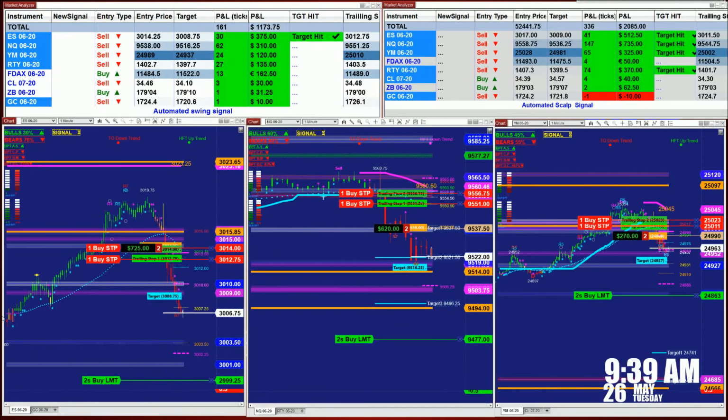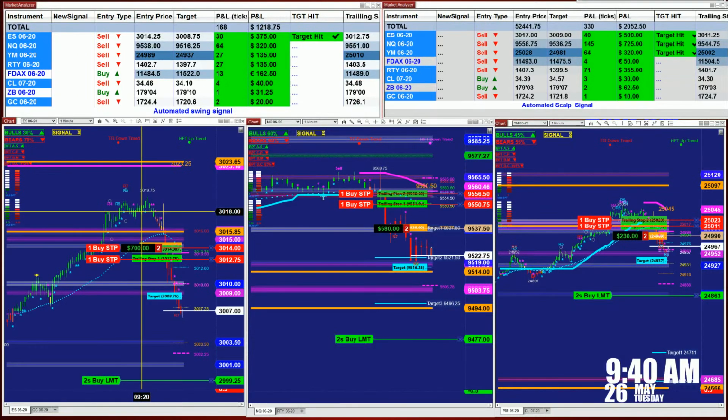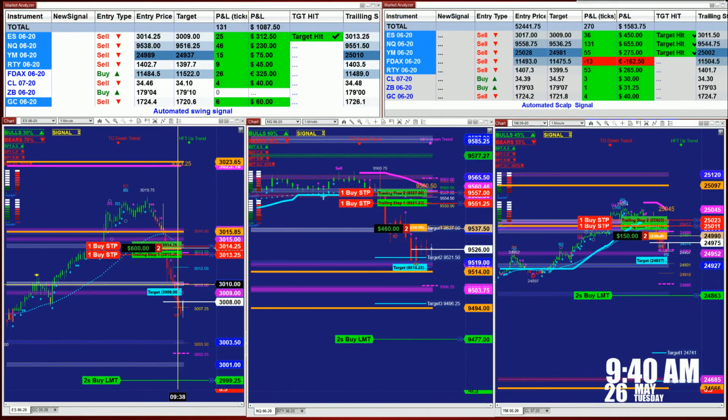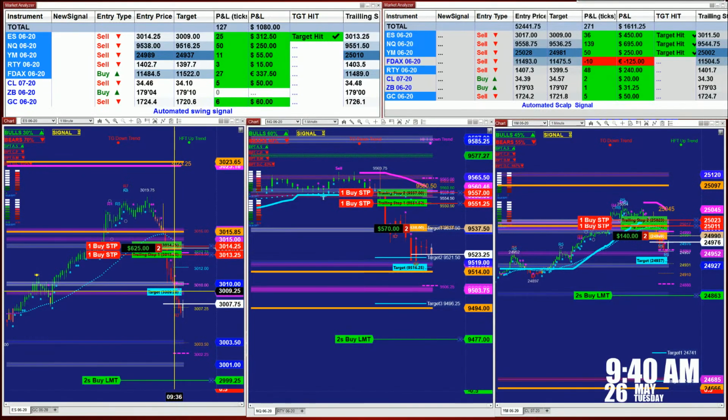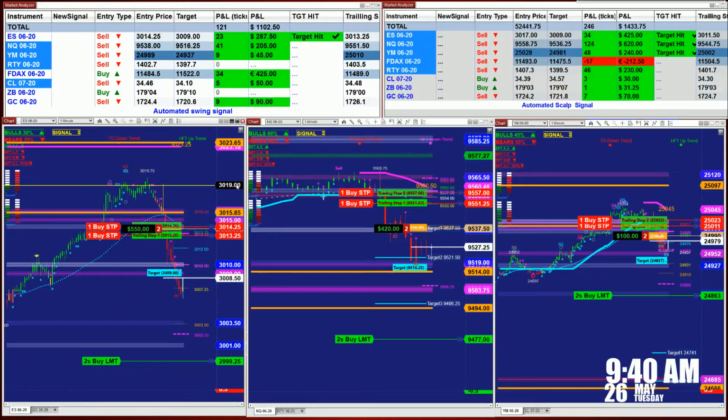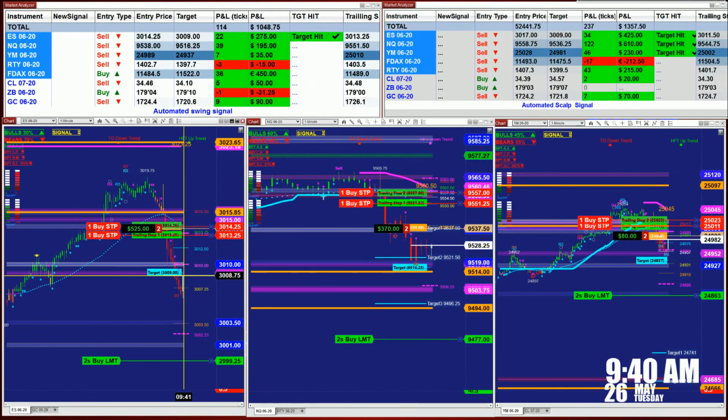Today we had a beautiful run on the automated signal entry, as you see from the ES. It was a beautiful long trade today, and we made a lot of takes. Then at 9:30 exactly, the trend broke at 3015, and now we are already hitting the target on the ES, where the automatic system calculates, on each entry, where the target is going to be. As you see, the target is already hit where the system estimated it to be.